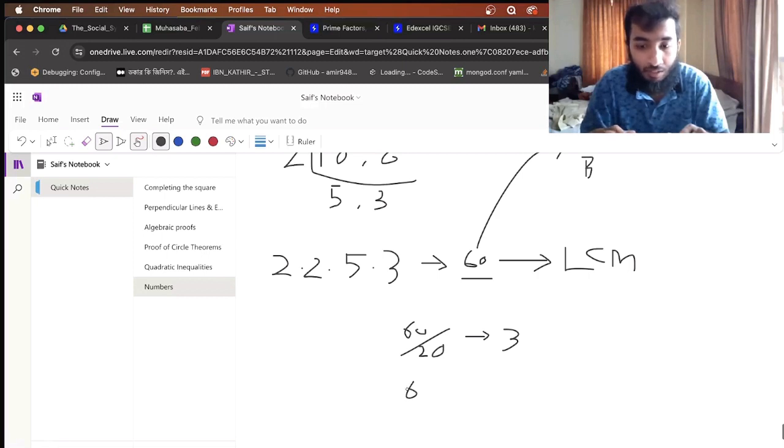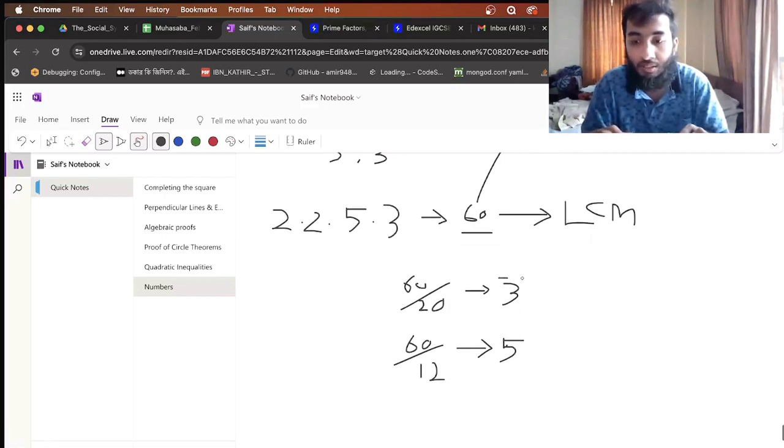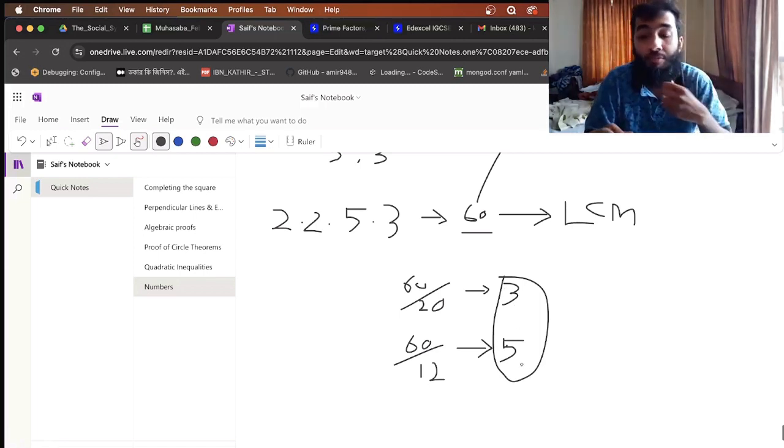And if I divide 60 by 12, Rita requires 5 boxes of burgers. So 3 packets of cheese slices and 5 boxes of burgers is the answer to